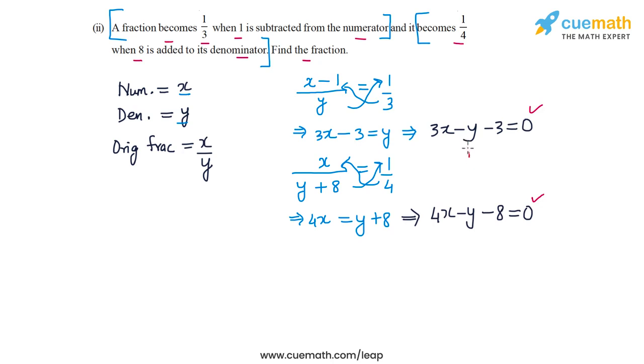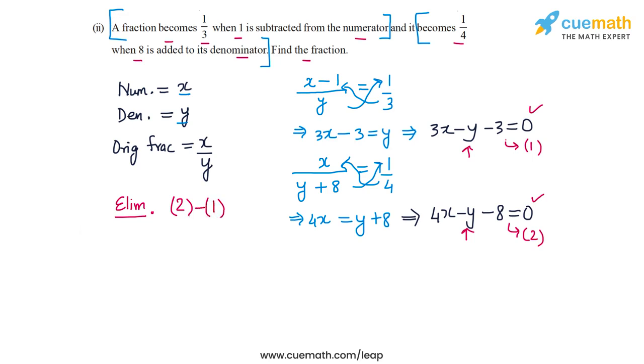We see that the coefficients of y in both the equations are the same, minus 1. So we can simply subtract the two equations to eliminate y and get the value of x. So the technique we'll use to solve this pair is elimination, and let's call this first equation 1 and let's call this second equation 2. So let's do 2 minus 1,